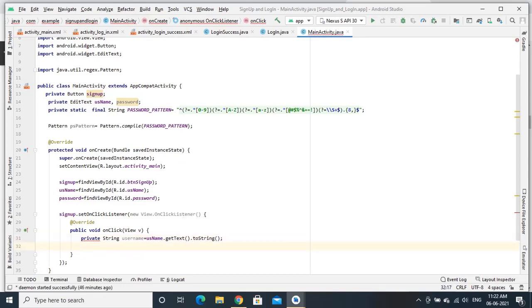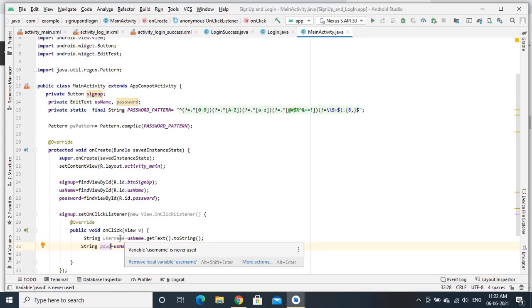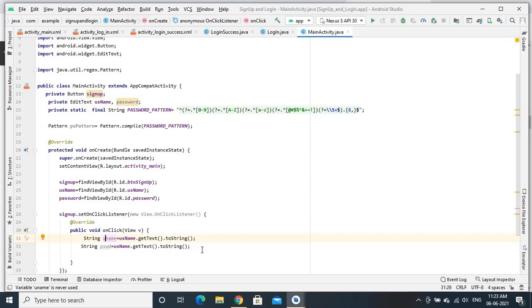Like that. Okay, private is not required here. We also get the string from the password as well, and I am naming it as pswd, and this let it be uname.